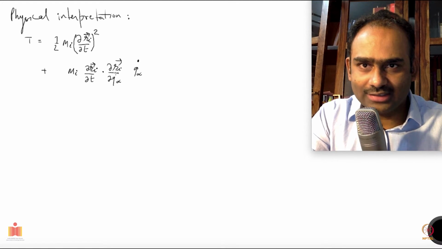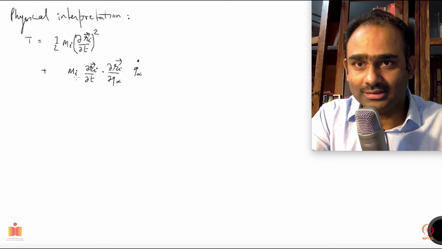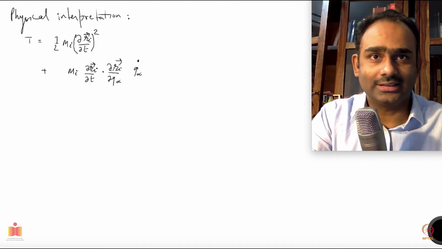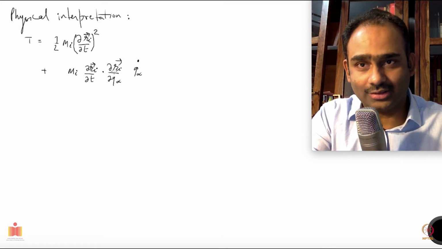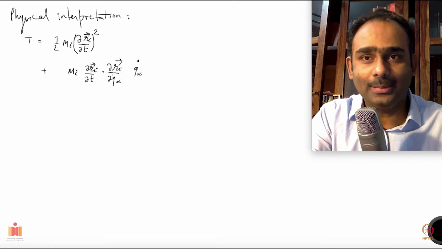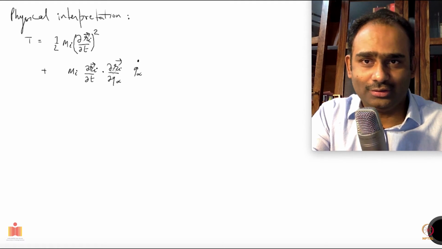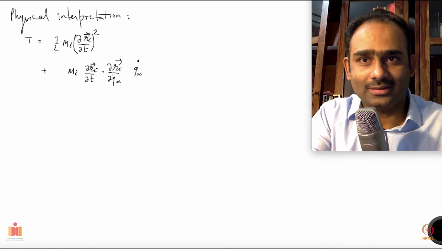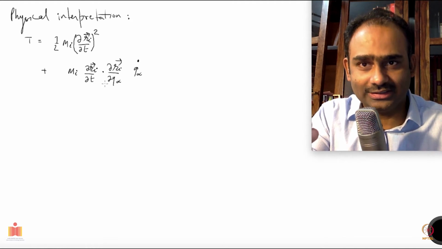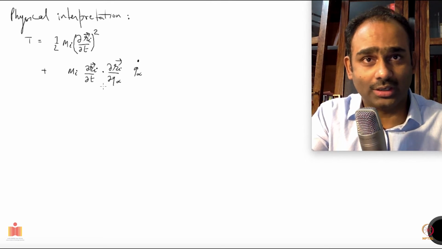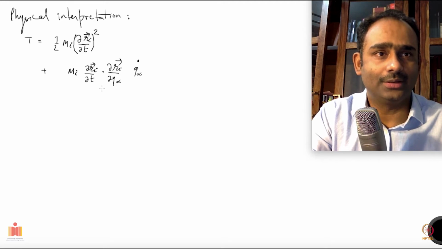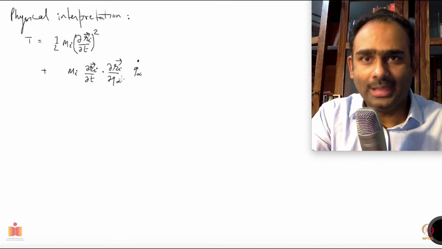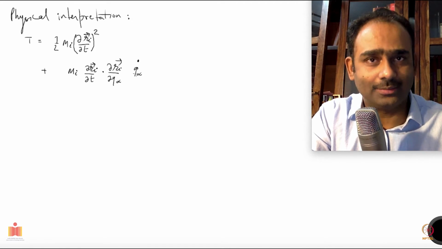The index I is repeated twice, actually thrice. So this is one of the cases where you will see that even though it's appearing thrice, there is nothing wrong. Okay, so this is perfectly fine. And if you have not seen such things before, make sure that you sit down and convince yourself that this is fine, there is no issue. It's not violating our rule which we announced that an index cannot appear more than twice. Okay, and then your alpha is also repeated, so there is a sum over alpha also.